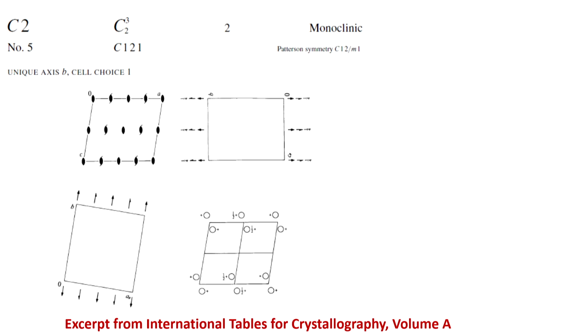Taking the first example, the C121 space group. C stands for end centered. There is a two-fold rotation. Combined together, one should realize that this belongs to the monoclinic crystal system, and it is an end centered monoclinic with the C face as the centering face, while the unique axis is B. We have already discussed this. Now we are just looking at the International Tables. So, the unique axis is B.